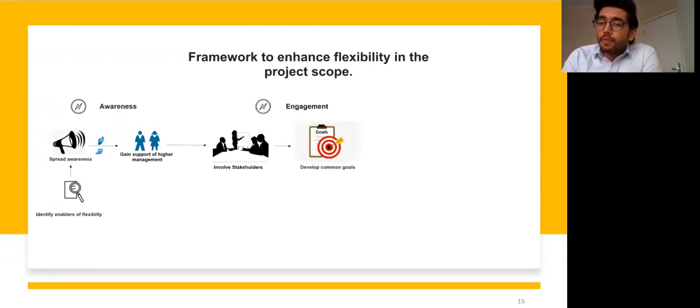After making the higher management aware and gaining their support, it is time for the scope development process, in which the stakeholders should be engaged. During this process, it is advisable to involve the stakeholders from the beginning. Here, involving the stakeholder does not merely mean that the stakeholder will only act as a validator, but rather involvement refers to encouraging them to engage with the project team during each step of the scope development process, at least until the scope of the project is developed at the abstract level.